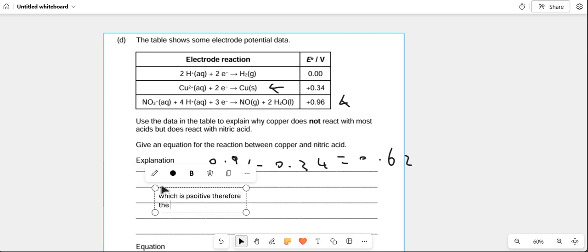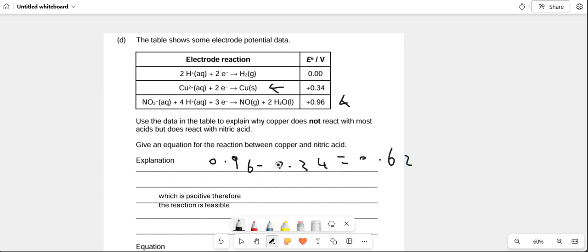Therefore, the reaction is feasible. Remember, if it's a positive EMF, then it's a feasible reaction. So we've got a positive EMF there, so a feasible reaction. And hence, obviously,